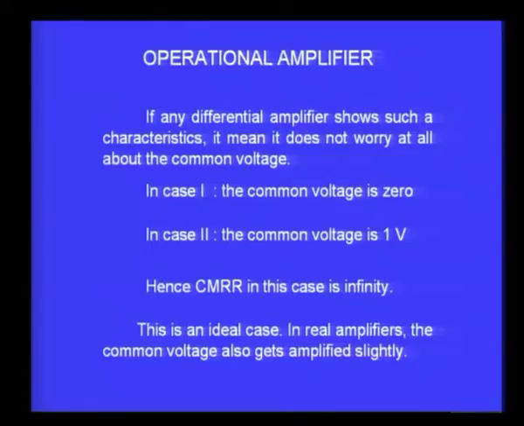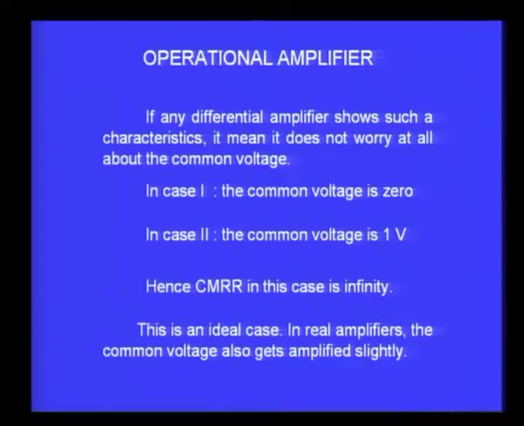If an amplifier can show such a characteristic, we call that amplifier an excellent amplifier, an ideal amplifier, and the CMRR in this case can be infinity. It is completely able to reject all the common voltages, it is only amplifying the difference in the two